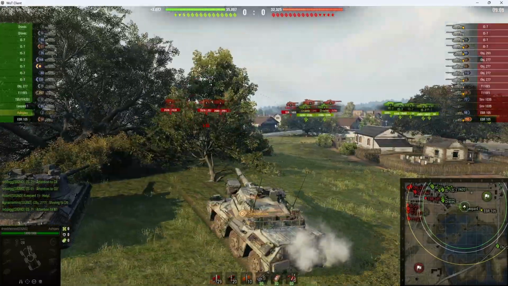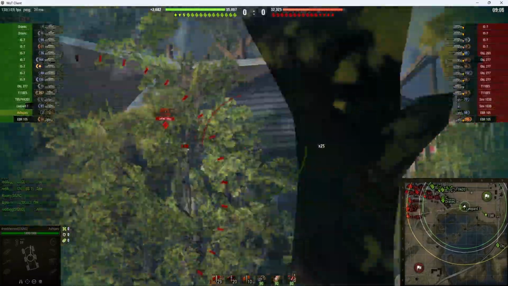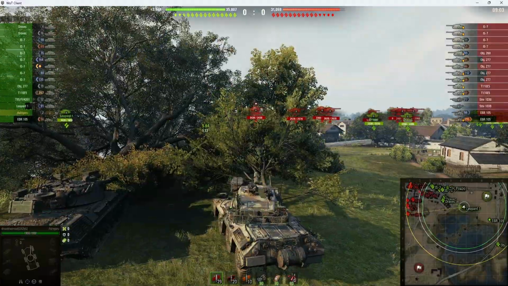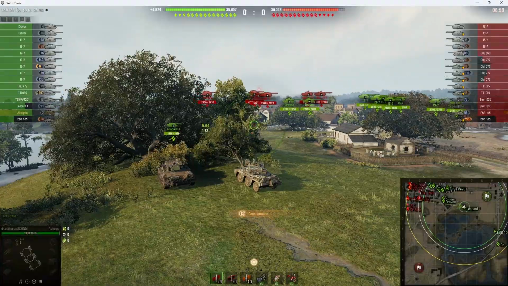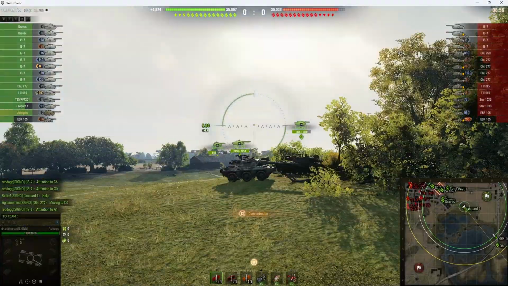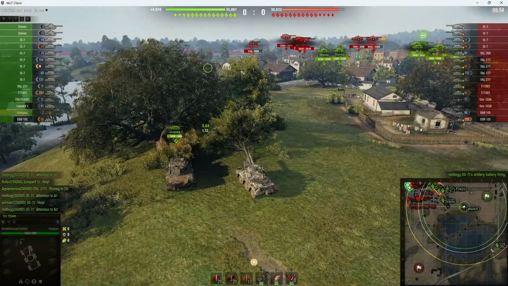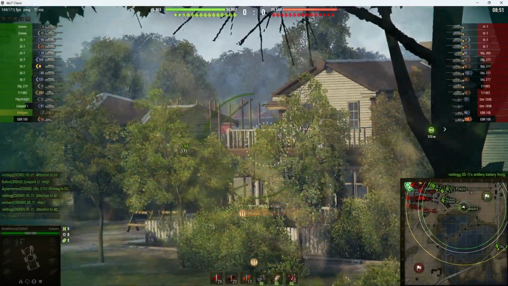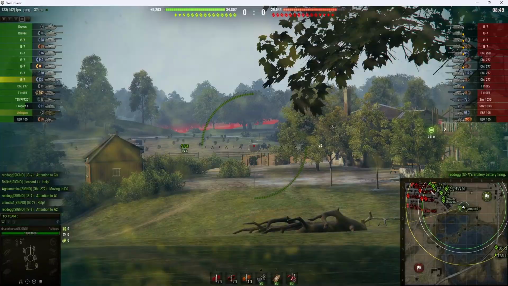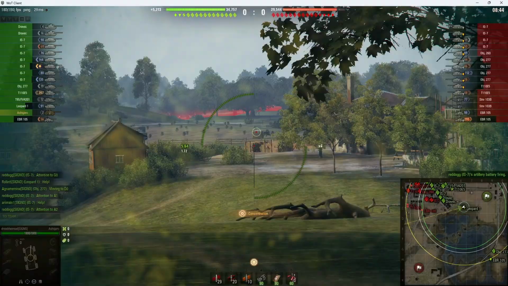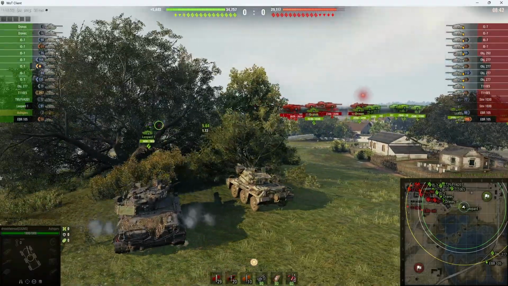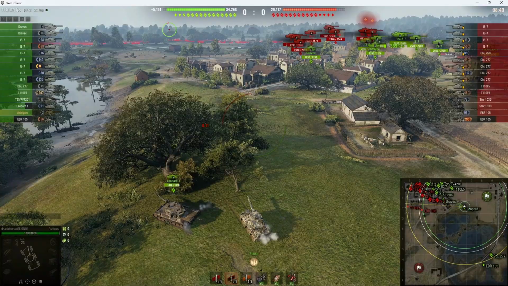I'm not too familiar with this sniping area, so if there's any little tiny shooting holes and stuff that I don't know of, I apologize. But as the battle is developing, we can see that the EBR was actually called away. He's going to go spot the south, so now we don't have anybody to spot for us. So this Leopard and I are kind of just sitting here in our initial macro position, and we're not really getting anything done. And it's at this point that I notice on the map, because map awareness is very important,